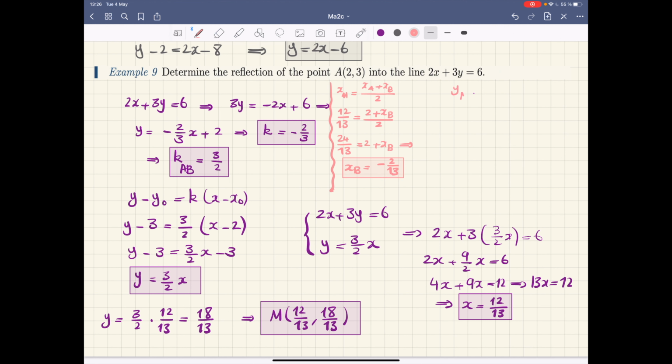Okay, so ym is equal to ya plus yb divided by 2. And then what is ym? It's 18 over 13 is equal to what is x? Y of a is 3, y of b is we don't know, divided by 2. If I do it, it becomes 36 divided by 13 is equal to 3 plus y of b. If you do it in your head, yb becomes minus 3 over 13. So then finally what you need to apply here as the answer is,